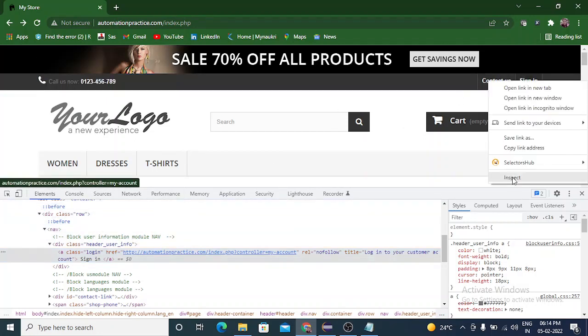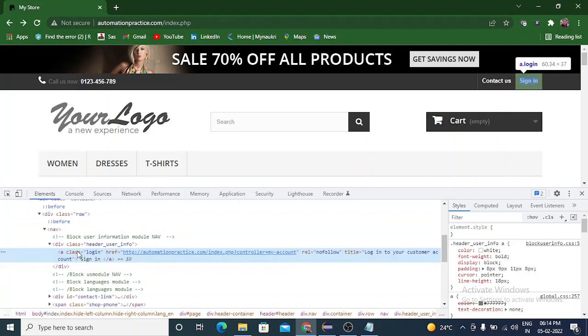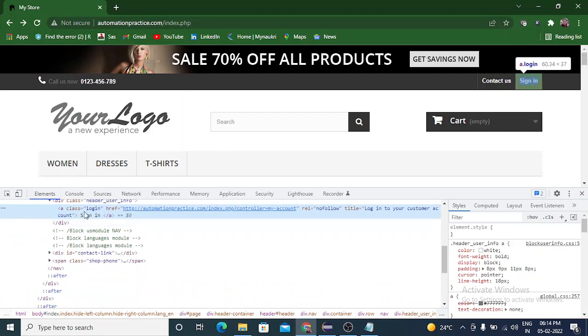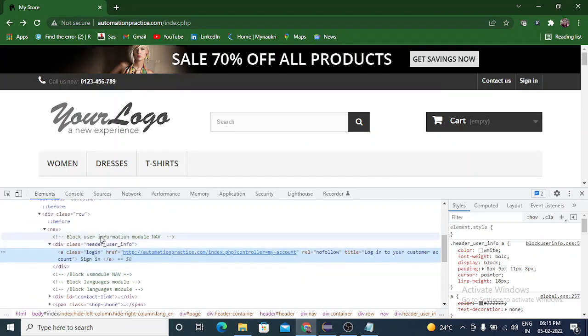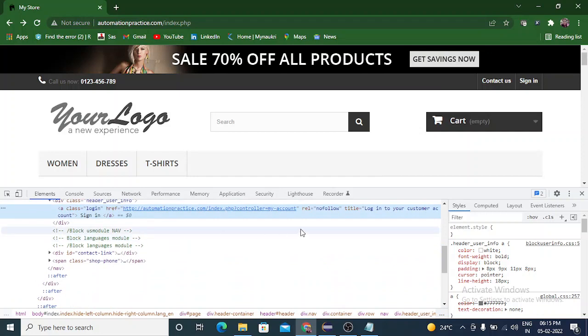I found the sign in button link and its HTML code. Here you can see class, href, rel. This is the HTML code. So we can use either ID.